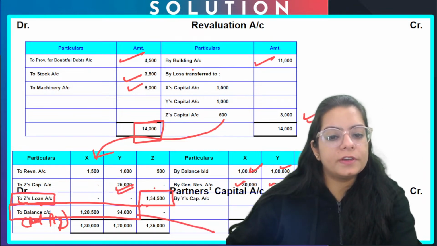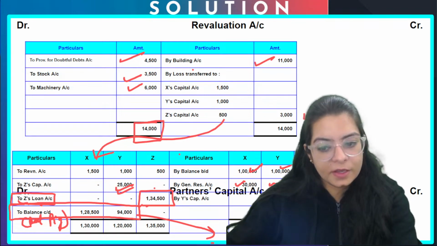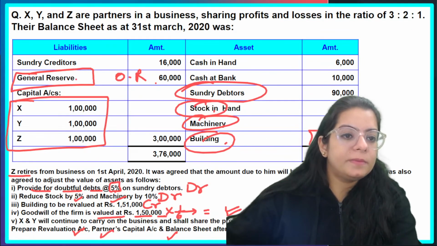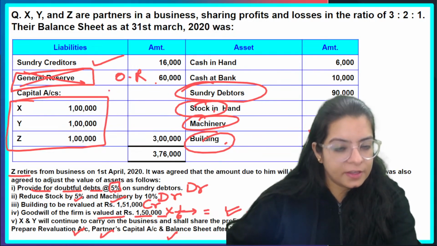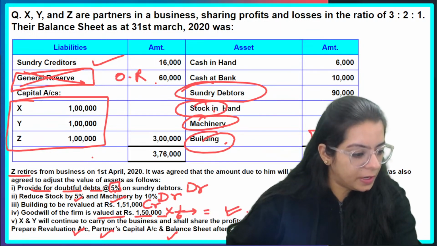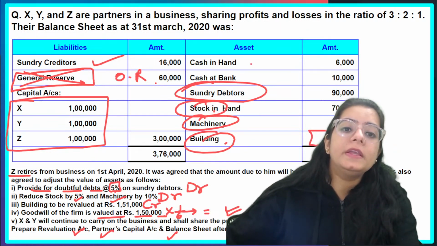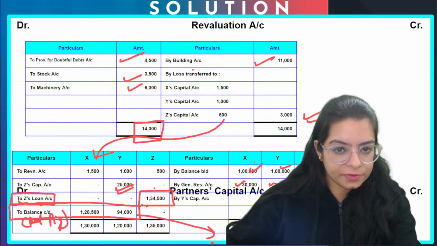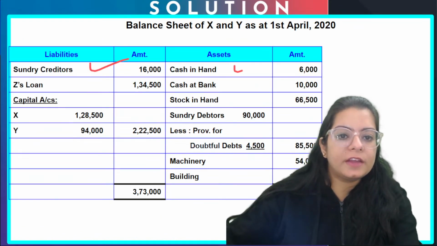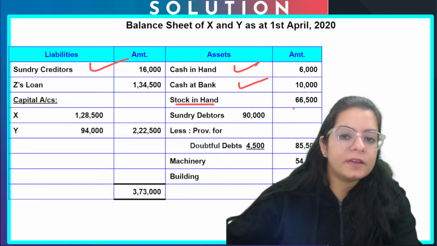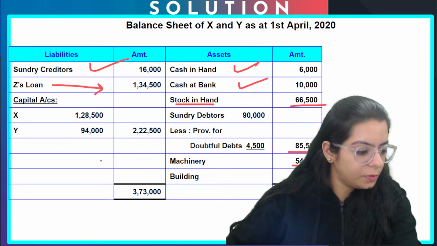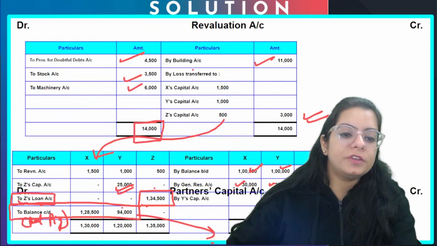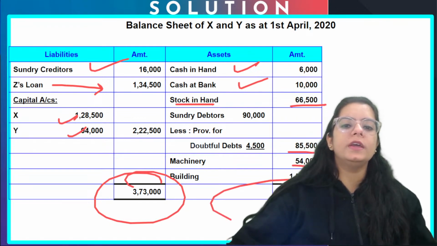और ये सारी जो फिगर्स हैं ये ट्रांसफर करेंगे अब बैलेंस शीट में। बैलेंस शीट बनाते टाइम अब जनरल रिजर्व हम बांट चुके हैं, ये नहीं रहेगा। सन्ड्री क्रेडिटर्स ऐसे के ऐसे ही चले जाएंगे। कैपिटल अकाउंट नए वाले जो बैलेंस शीट से हमने लिए। और इनकी चेंज्ड वैल्यूज देखो जी कैसे चेंज होंगी। सन्ड्री क्रेडिटर्स, कैश इन हैंड, कैश एट बैंक सेम। स्टॉक इन हैंड घटने के बाद, डेटर्स में प्रोविजन घटने के बाद, मशीनरी घटने के बाद, बिल्डिंग बढ़ने के बाद, और जी का लोन जो रिटायरिंग पार्टनर का लोन है और कैपिटल बैलेंसिंग फिगर्स जो यहाँ से हमने उठाए ये ट्रांसफर कर दो। टोटल लोगे दोनों सेम आ जाएंगे।